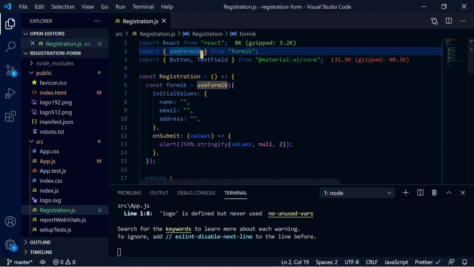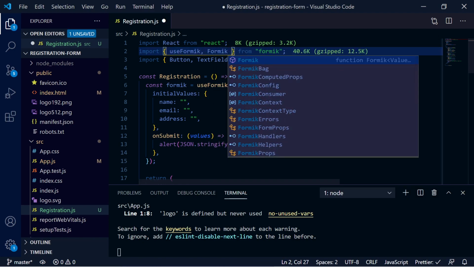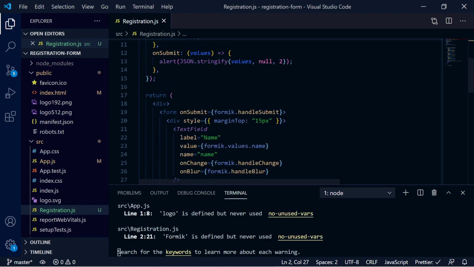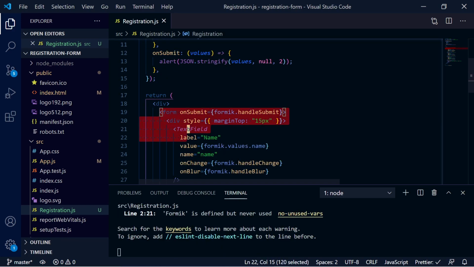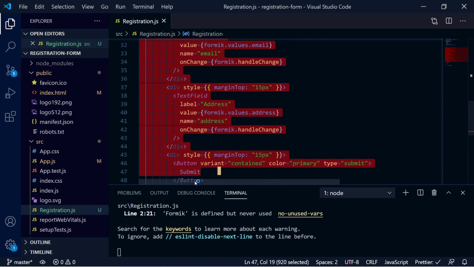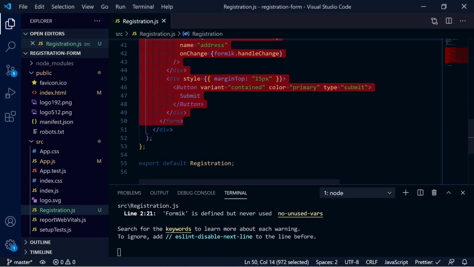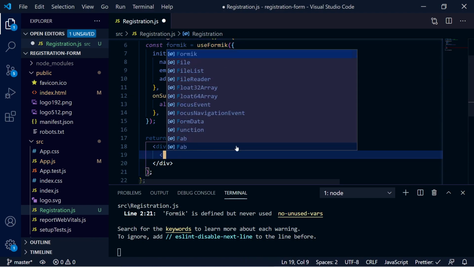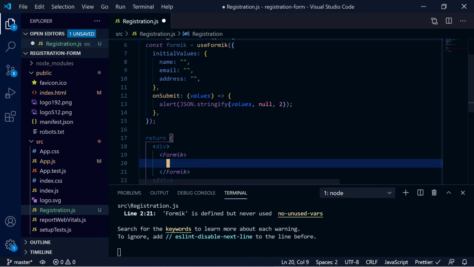So first of all, let's import that wrapper over here, comma and then Formik. Okay, cool. So let's wrap our form inside the Formik wrapper. So let's copy it, and we will first of all create the Formik parent component, and this parent component accepts children as a function. So you need to create a function which will return the children component. So we want to return our form, so paste your form over here.